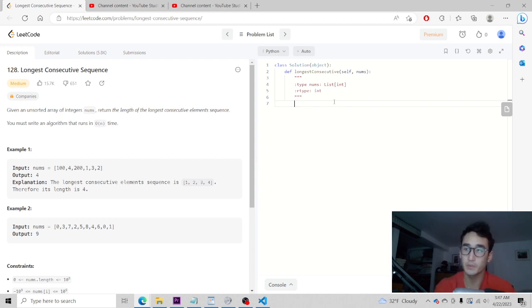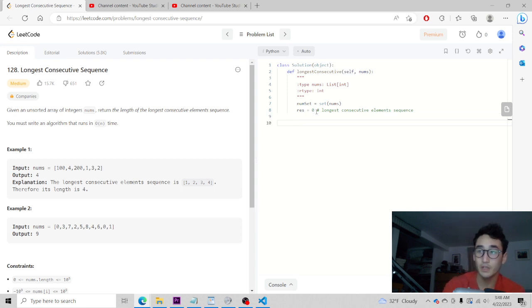So what we can do is create a numset of the numbers that exist. So we're converting this array of unsorted integers to numset. And we have our result, which will be 0 at first, because this is the longest consecutive elements sequence.